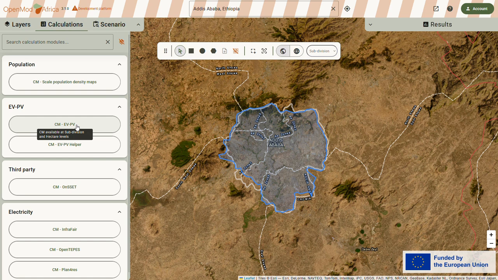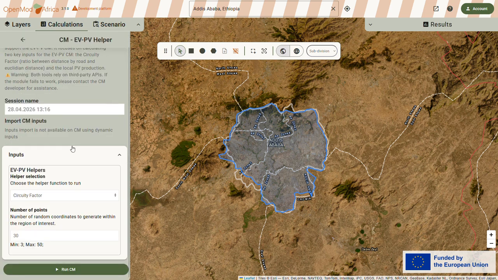So then I go to EVPV helper, and the first thing I need to do is to calculate here the circuity factor for my region, which basically defines the ratio between distance by road and straight line distance. And it will be important afterwards to calculate travel distances by road using EVPV that is specific to my region of interest. So here I will select circuity factor and I keep the number of points to 30, and then